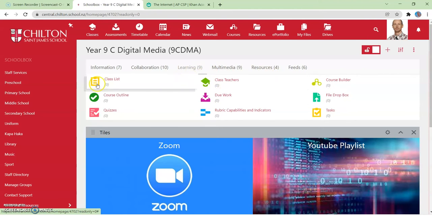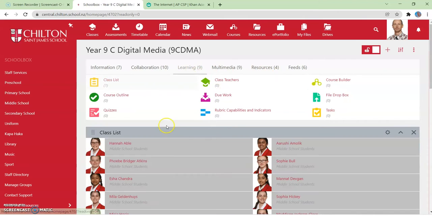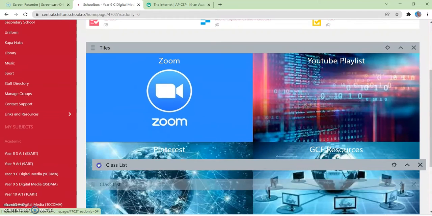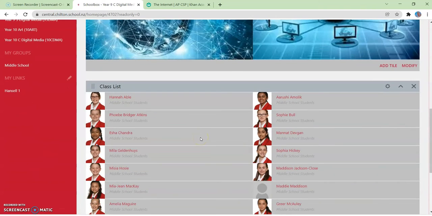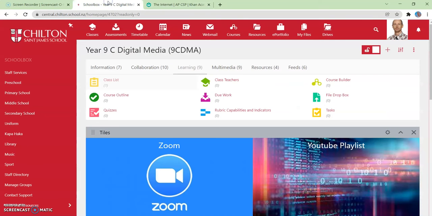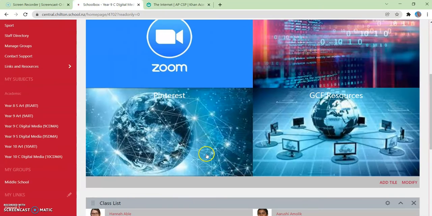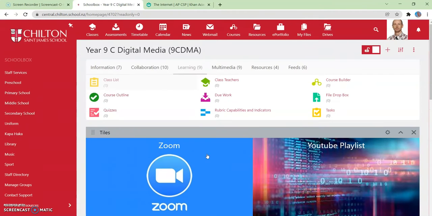Again, if it's more of a, I am going to do the class list. Okay, so there we go. There's the class list. But maybe I didn't like it. I didn't like where it was. So I can move things around by just going up to this little part here on the tab, and I can move this below these buttons to be there. All right,